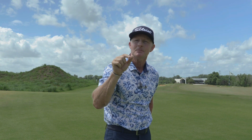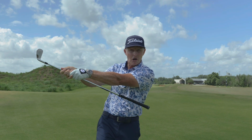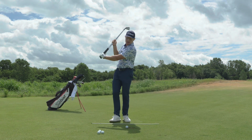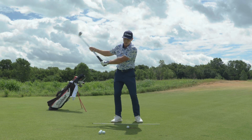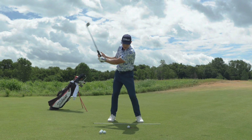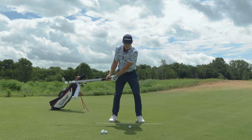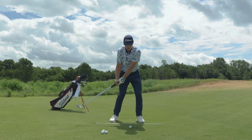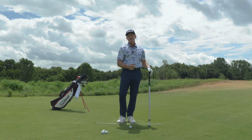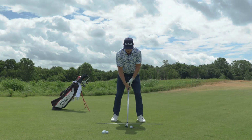But let's get to that transition piece that is going to use the same principle to kill the throw that's so prevalent in the amateur game. As I was mentioning, so prevalent in the amateur game is this throw, this cast maneuver where the club head starts swinging earlier than the hands, and you get to the bottom of the swing, and if you don't touch the ground before making fat contact, most definitely what you'll do is you'll create a higher launch than necessary, so you get weak iron shots, go higher and shorter than they otherwise should,